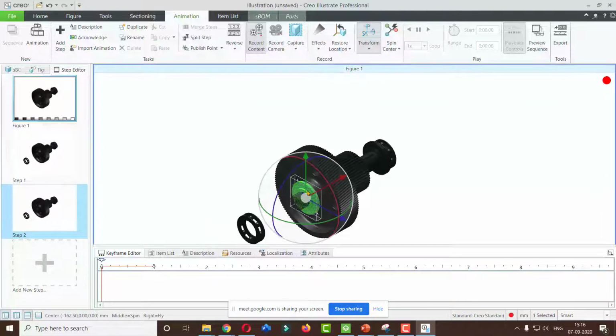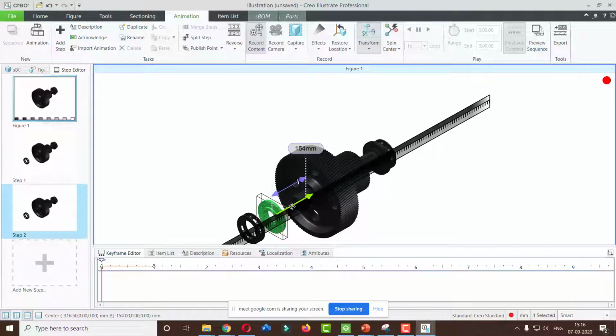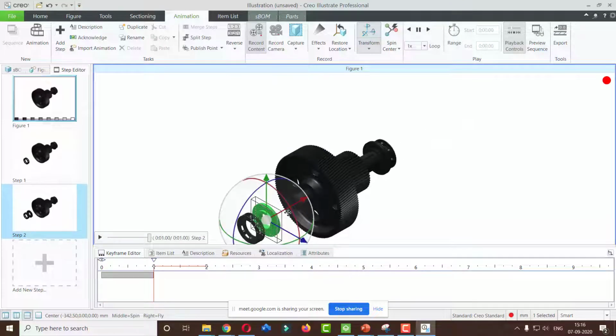Now there is a bush, and I have to take that bush out. So I will select the bush and again choose the horizontal direction. You can see a dimension over here which has been generated. If you want to pick the dimension accurately, you can press the Control button, so it will create a scale and your dimension will move slightly shorter. I am going to take it out by 180 mm. So two parts have been taken out.